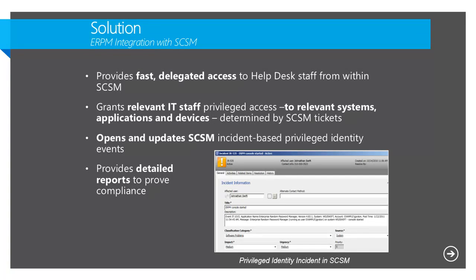Now, this next part is kind of cool. And actually, all of this is kind of cool, but this is kind of an interesting issue. Most companies today use trouble tickets. So why? Well, it's part of an ITIL process. You want to make sure that there's a reason why people are doing things. It's used for chargeback. And one of the early requirements that came up with many of our customers was before you give somebody super user access to a machine, they should have a trouble ticket on that machine. There should be some reason for them to get into that machine.